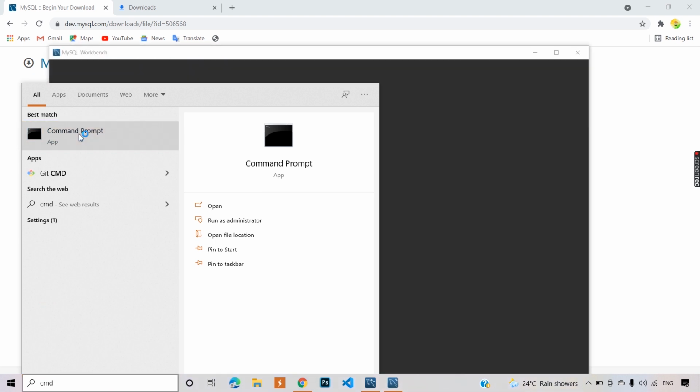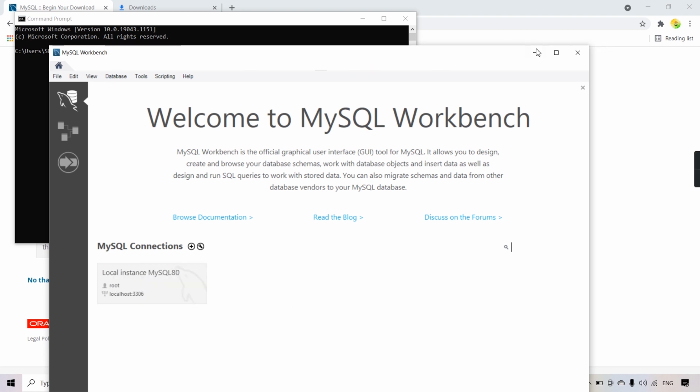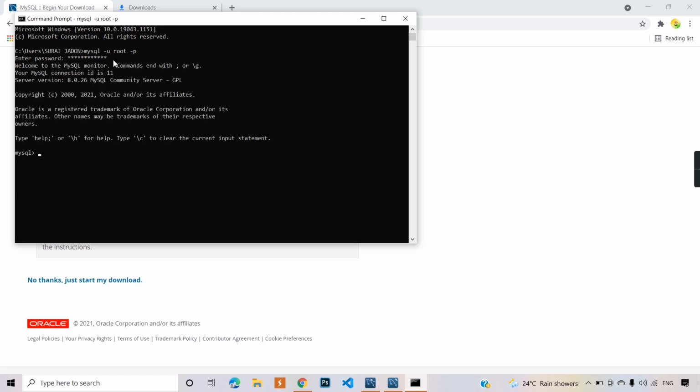After opening this, the MySQL Workbench is also opened, so minimize it for now, and in the command prompt type mysql space hyphen u space root space hyphen p, and then enter the password which you created earlier. After this, press enter, and you can see welcome to the MySQL monitor, and all this will be printed.